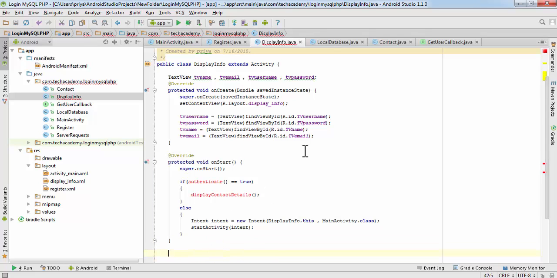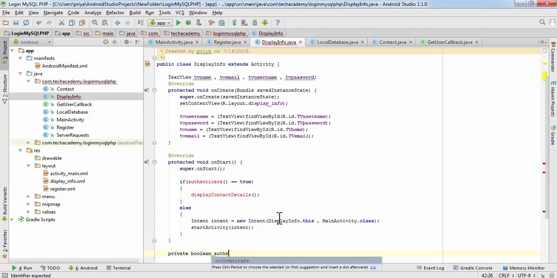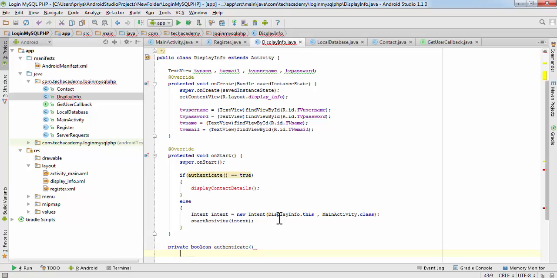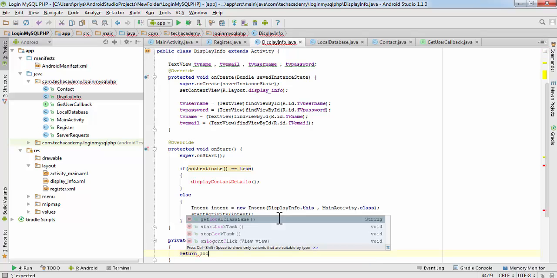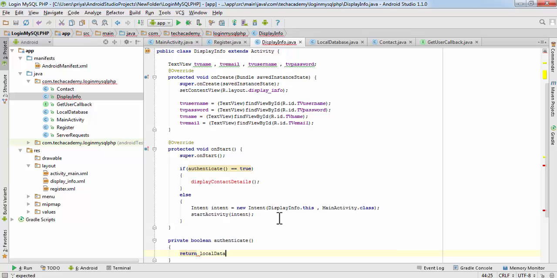So after the onStart method, write private boolean, because it is returning true or false. Boolean authenticate, and here write return local database dot get user logged in.